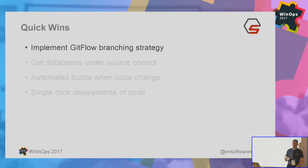So we would look at implementing a GitFlow branching strategy. Now, if there are developers in the room, there's potentially a point of discussion on different branching strategies. What we didn't want to do was have that discussion with them, but rather suggest something and say, here's a way that will help you work. It will give you a process in order to clearly define your releases for you, and we can then build that into a pipeline. So GitFlow,